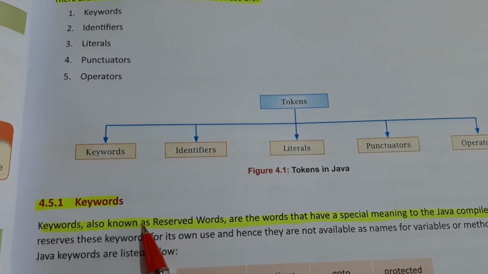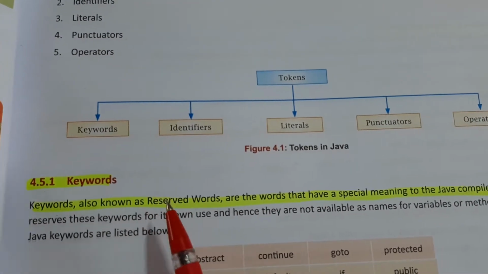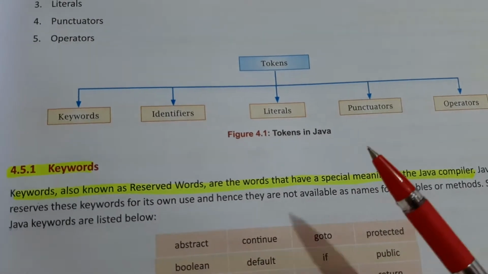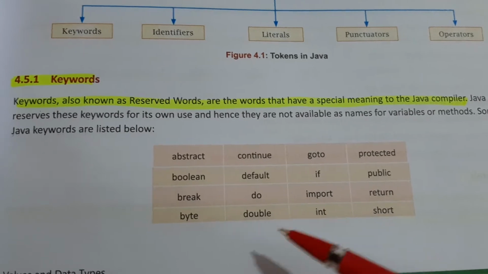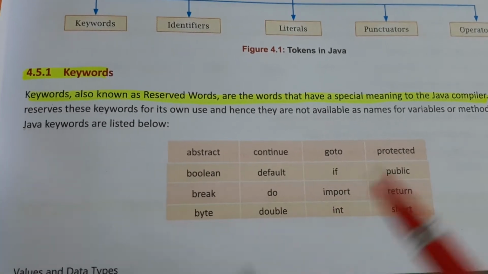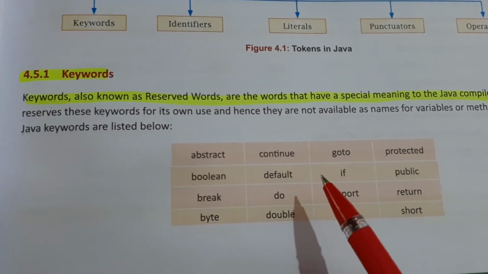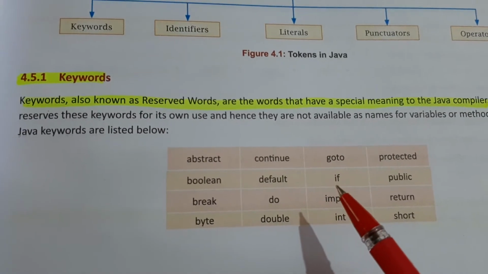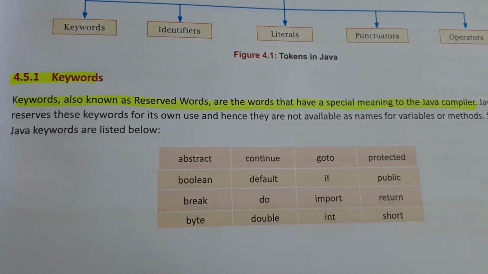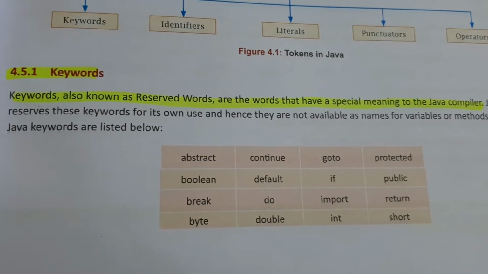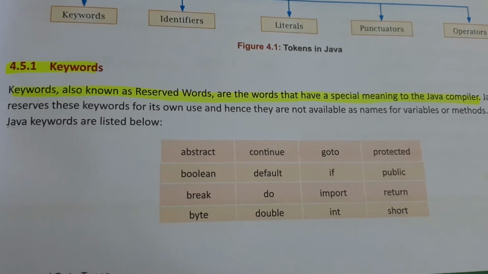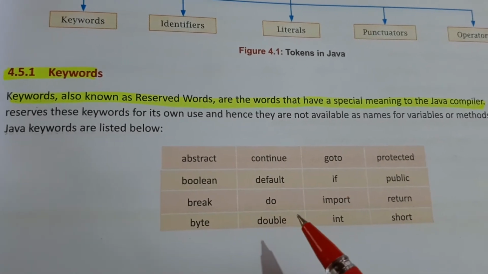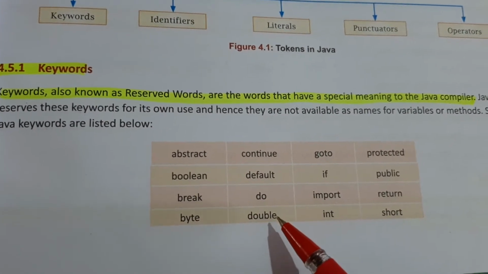Now keywords are what? They are a kind of reserved word, a kind of word which we cannot use anywhere in the program. This is a table that is given. Memorize this table also, because when you type a Java program on the computer, you will see some words given in red color. Those red color words are called reserved words. They cannot be used anywhere in the program. They contain a specific function to do in the program.